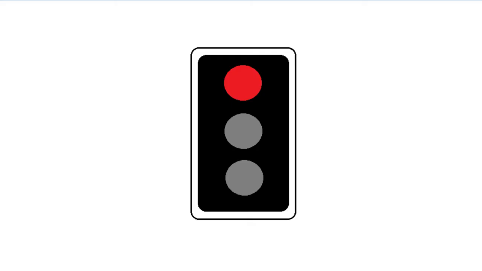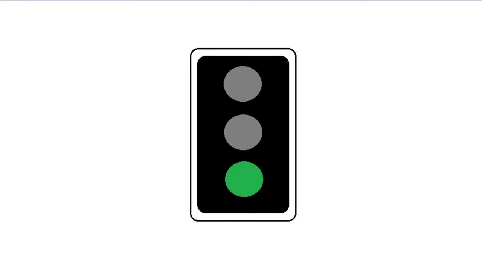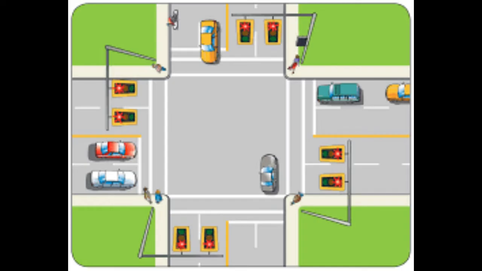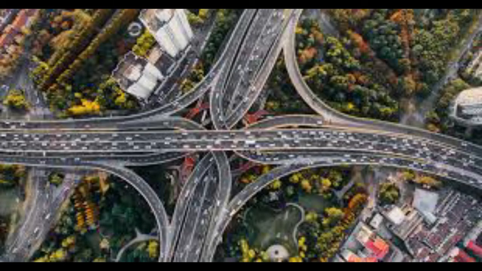The time from when a red light is displayed to when the cross street is given a green light is usually based on the physical size of the intersection. This intervening period is called all-red time. A typical all-red time is 2 seconds to allow cars to clear the intersection. In a wider intersection, such as a 4-lane road or higher, the all-red time may be as much as 5 seconds, allowing drivers who could not stop at the red light enough time to clear the intersection